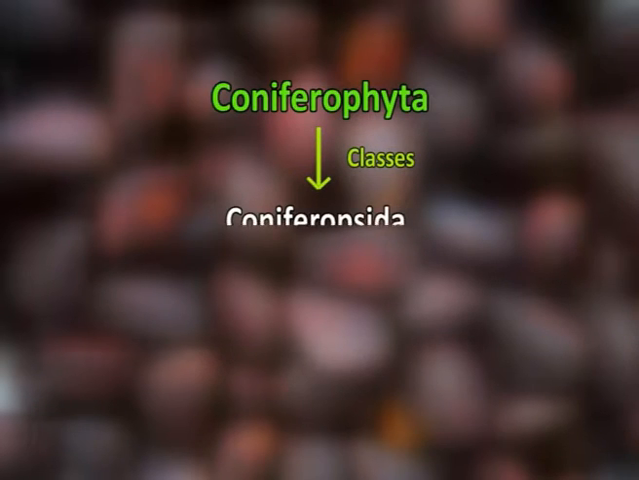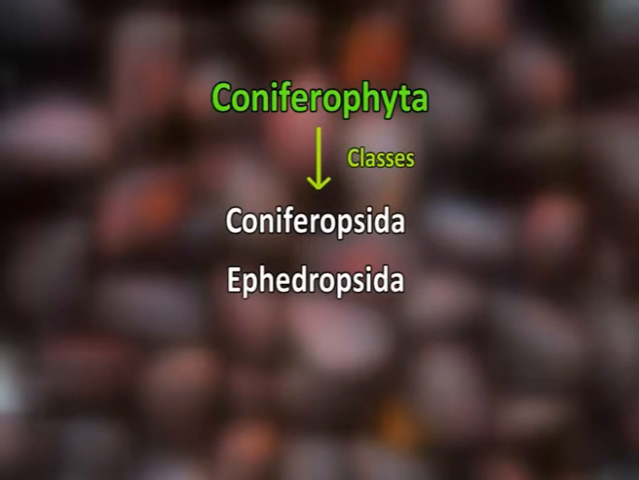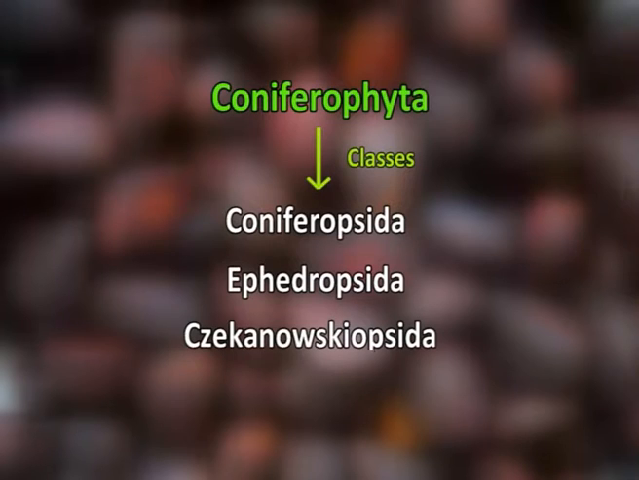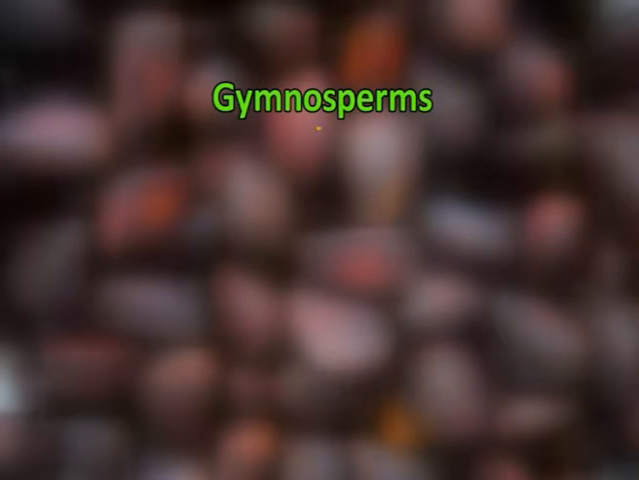The 3rd division, that is Coniferophyta, was divided into 4 classes: 1. Coniferopsida, 2. Ephedropsida, 3. Zachanowskyopsida, and 4. Taxopsida. Lehman Benson in 1957 divided living gymnosperms into 4 classes: